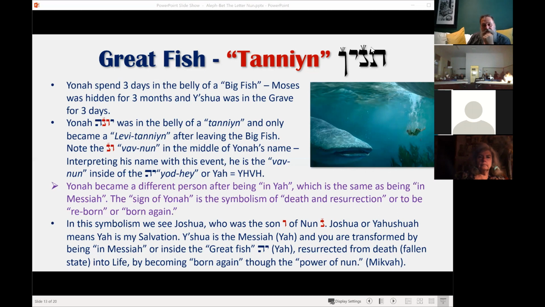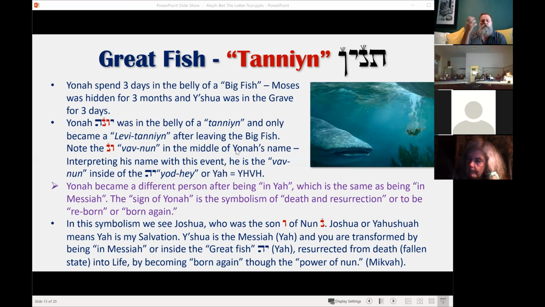Now, as I said, Taf represents death as well. So Leviathan, or this big fish process, means that you have to die, and that's what the meaning of Yonah being in the belly is. It signified his death. And then the resurrection is when he is spit out. That's also the symbolism of the mikvah, going into the water, coming out of the water. But in this case, it's confined within this fish. That's all in the context of water.